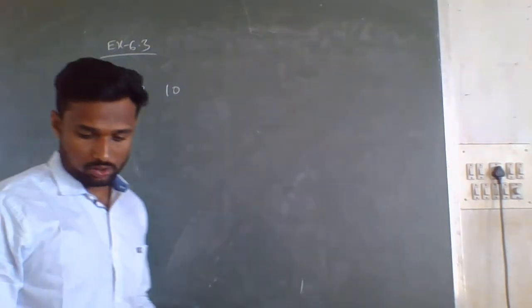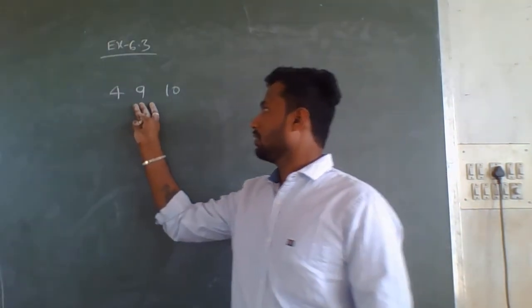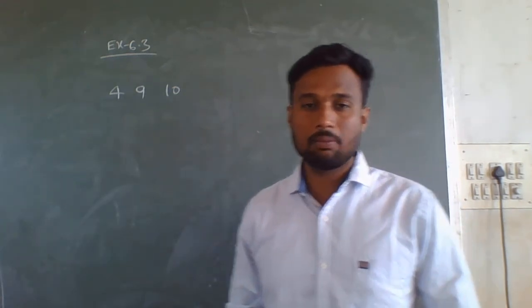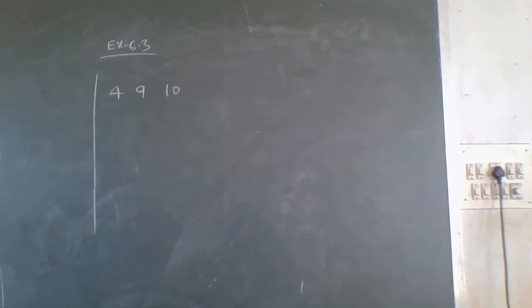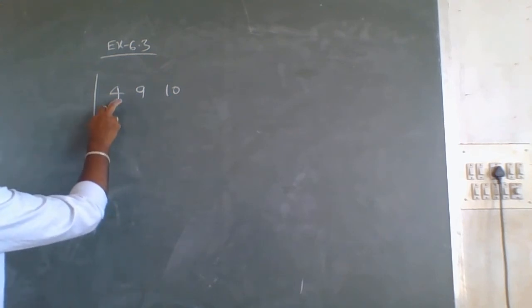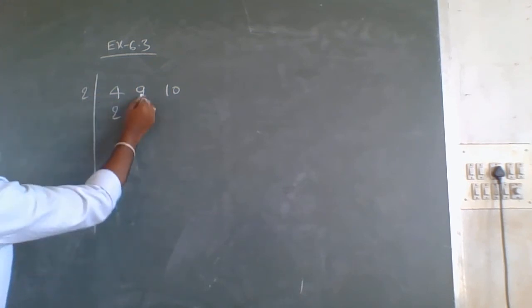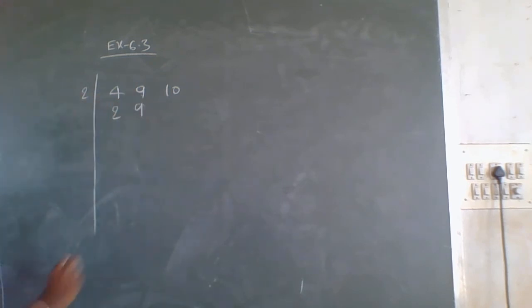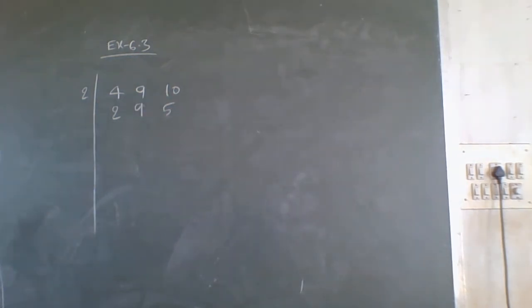The smallest number divisible by these three numbers is nothing but the LCM. So again, by the prime factorization method, I will try to find the smallest square number which is divisible by 4, 9, 10. First I will consider 4, which is an even number, so it comes in table 2. So 2 to the 4, and I will write 9 as it is. And 10 also comes in table 2, so 2 5 the 10.